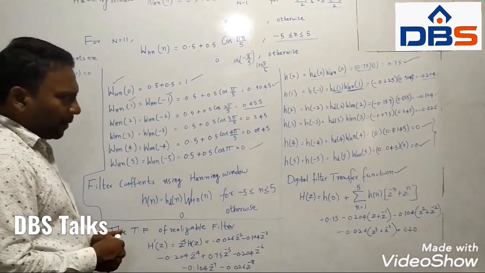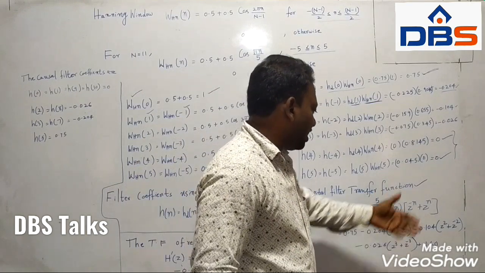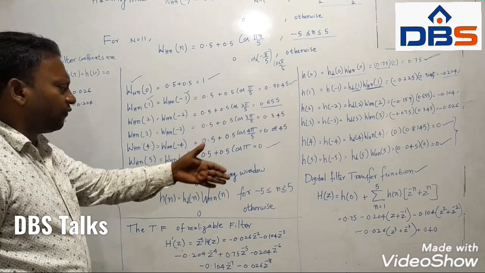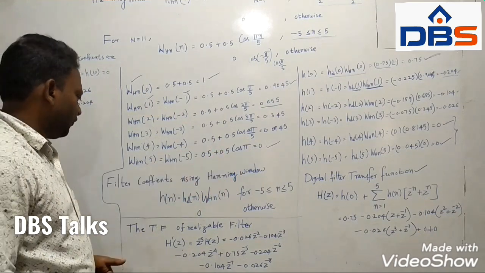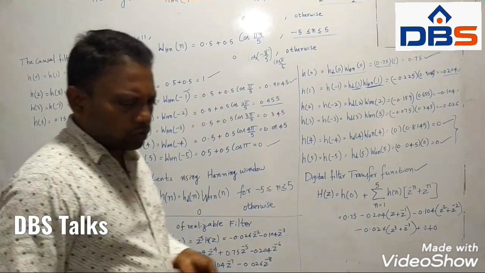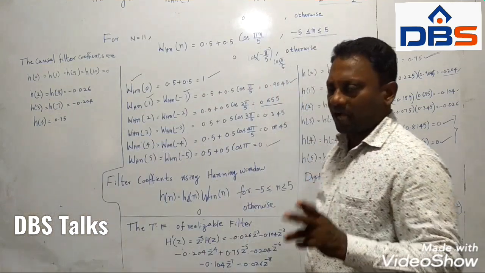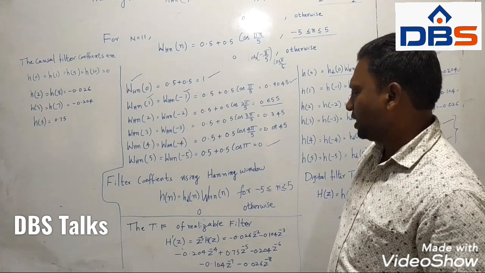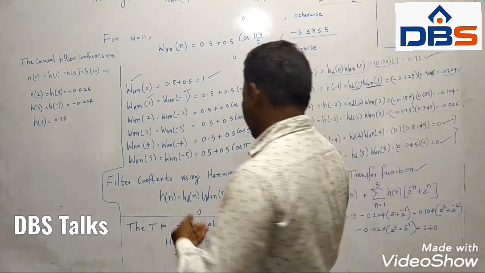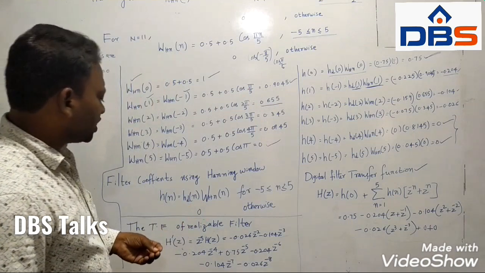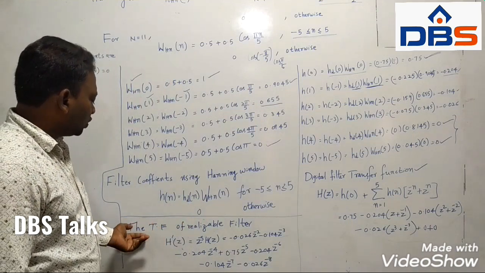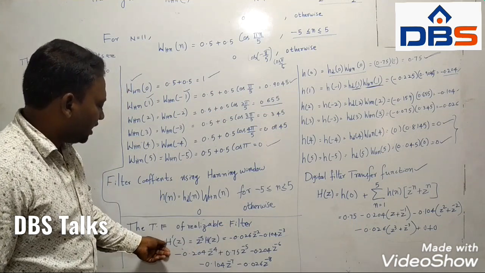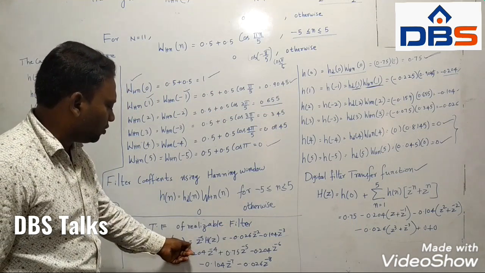But this is not a realizable filter because you have z square terms, which means it is a non-causal filter transfer function. If a filter is to be realized, it must be causal. That is the minimum, basic condition to be satisfied by any realizable filter. So therefore, the transfer function of a realizable filter is like this: h dash of z is equal to z power